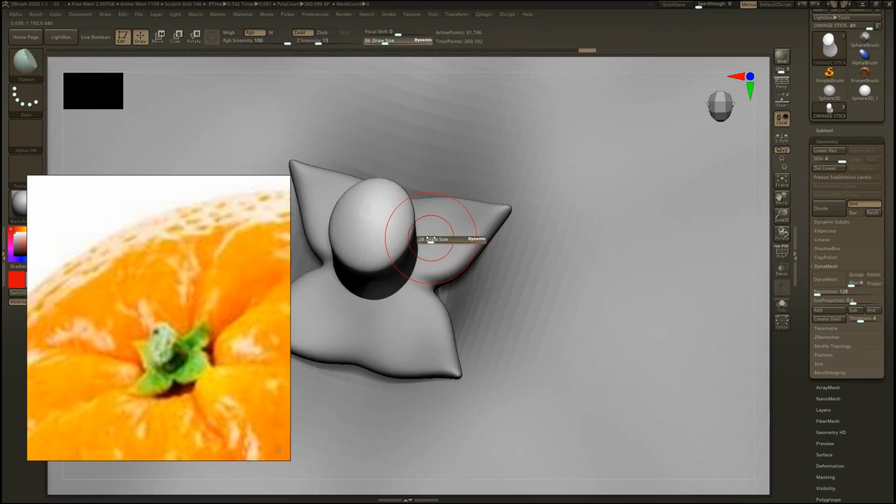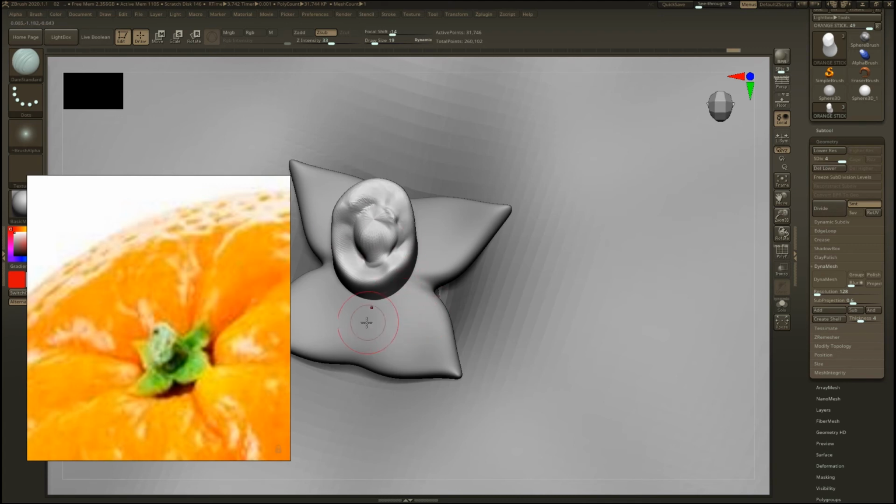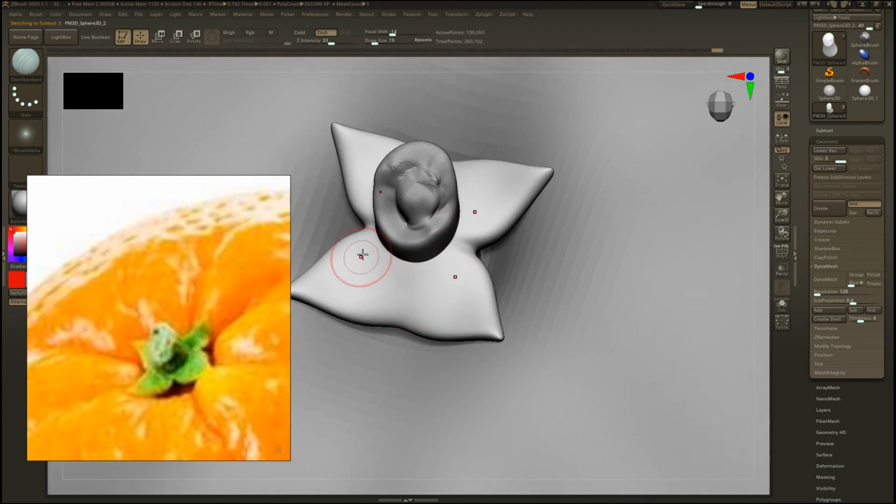Now using the Flatten brush here to make the top part a little bit flat. Now choosing TempStandard to add details like that. Adding some lines here too, to get the look and feel of leaves.